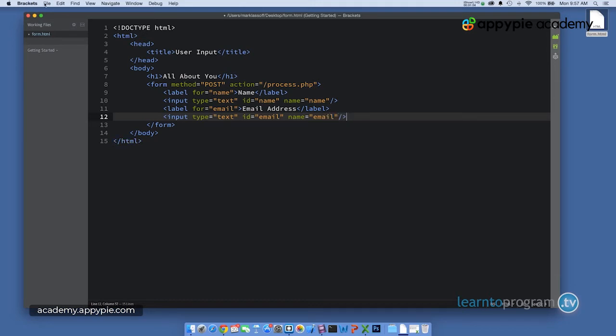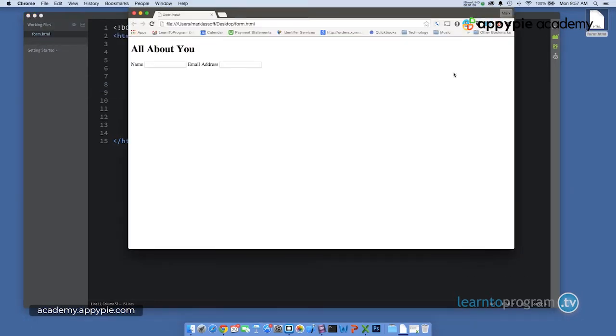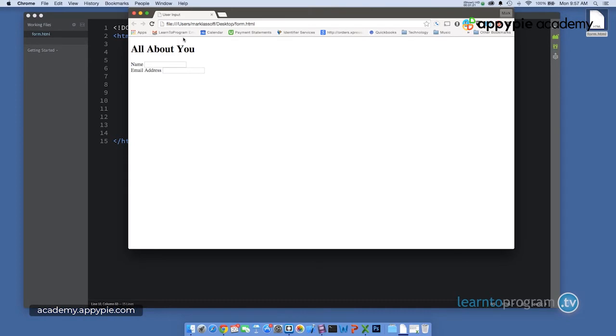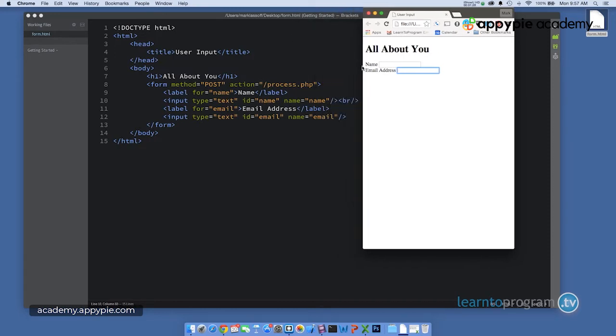I think we've done enough where we can take a look at this, so I'm going to go ahead and save, and let's pop it up in the browser. And here you can see we've got our name and email address. Let's put a blank between the two of these. So let's add a break right there, so these appear on separate lines. That's a little bit better. Now, by the way, one of the advantages of linking the label to the actual input is this. If I click on the label, see how the cursor starts flashing in the associated text box? And now the user could type in here,